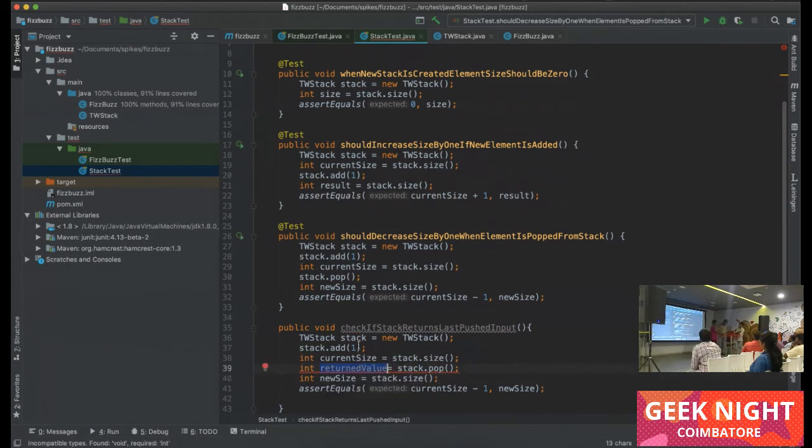What was the last input value? 1. Expected is 1, actual is the returned value. Now let's mark it as a test.